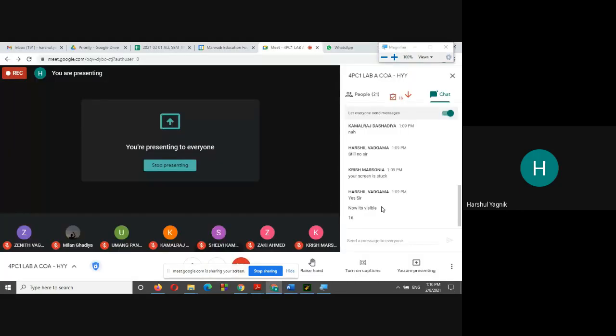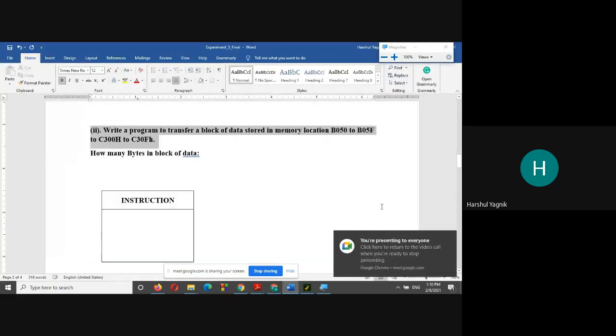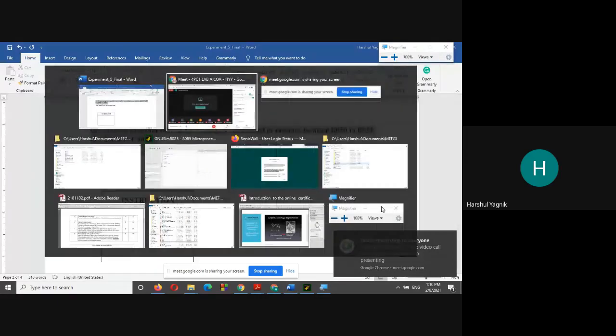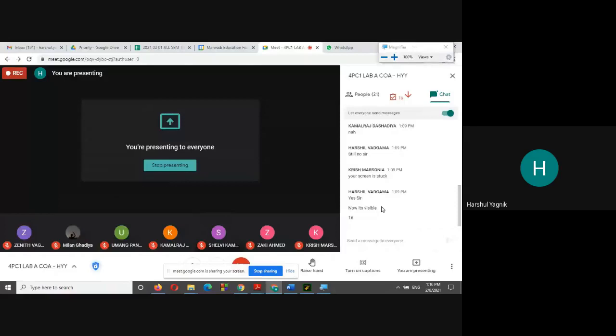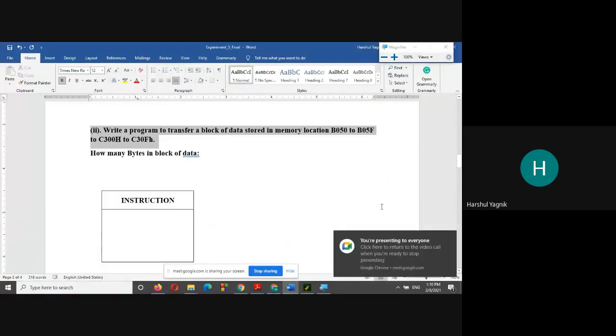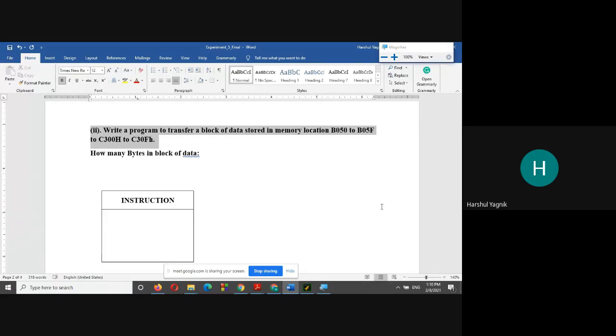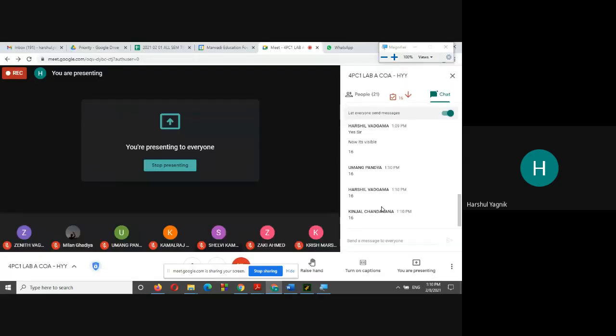Everyone write in the chat box. It's very easy. From the memory locations you can infer. Harshil has written, Umang, Kinjal. Correct. There are 16 bytes.